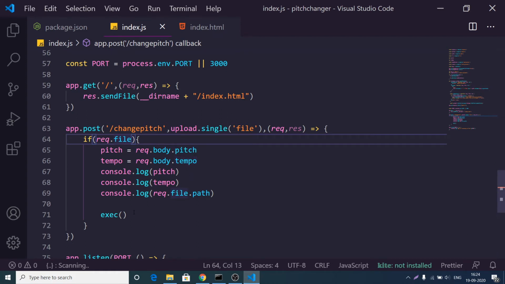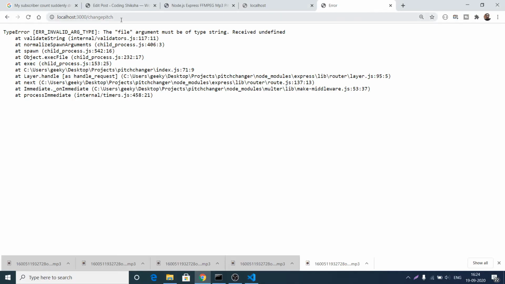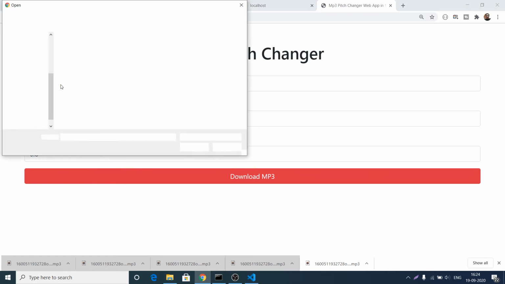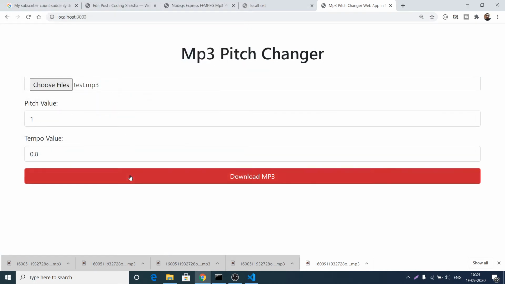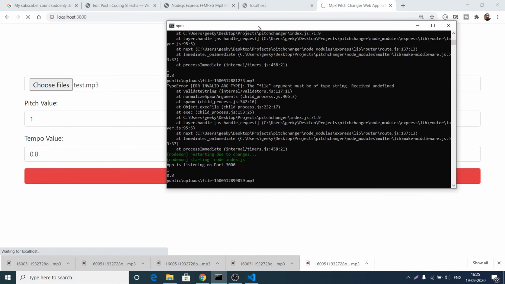Oh, sorry, we have executed this function, so that is why it is creating an error. So if you select your file, click on download mp3, and check the console, all these values will be printed out. This is the value of the pitch, this is the tempo value, and this is your uploaded file path.